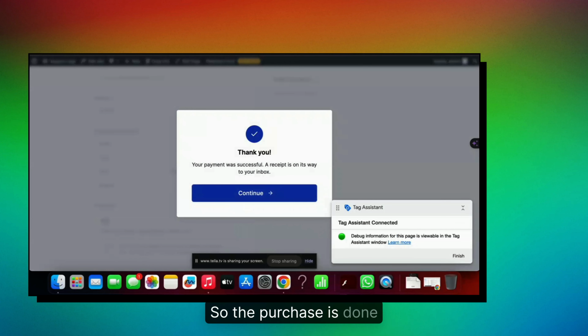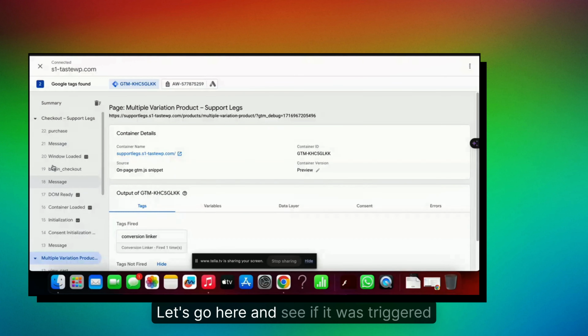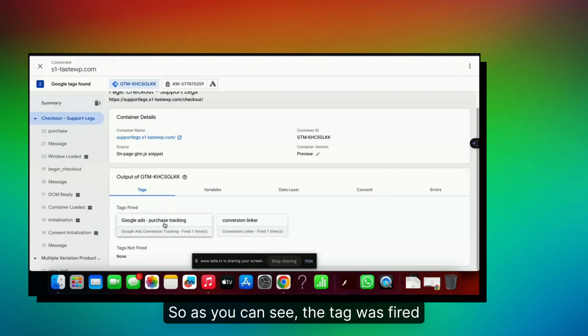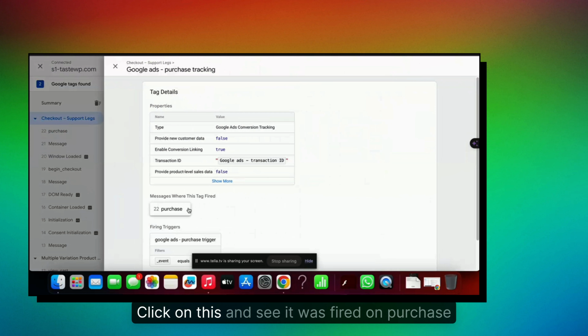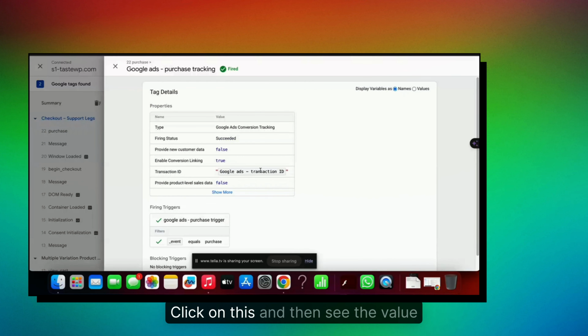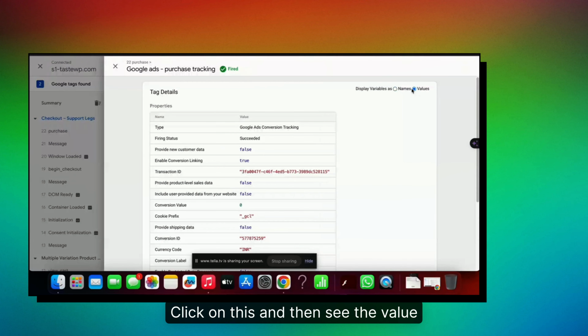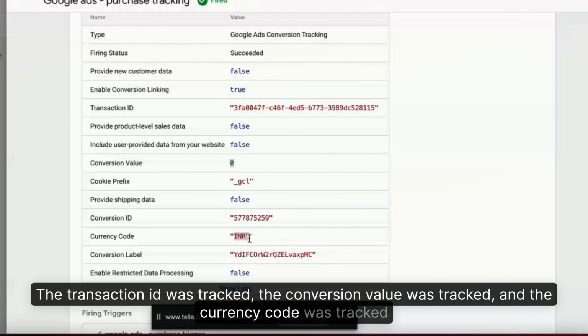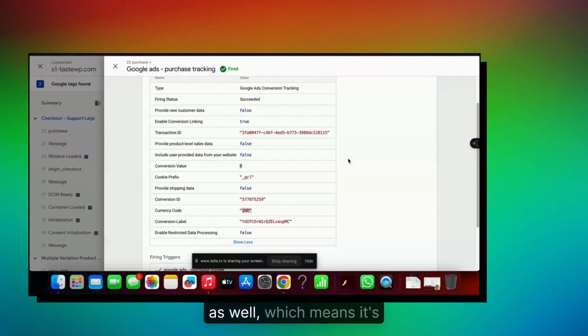Cool. So the purchase is done. Let's go here and see if it was triggered. So as you can see, the tag was fired. Click on this and see it was fired on purchase. Click on this and then see the value. The transaction ID was tracked, the conversion value was tracked, and the currency code was tracked as well, which means it's